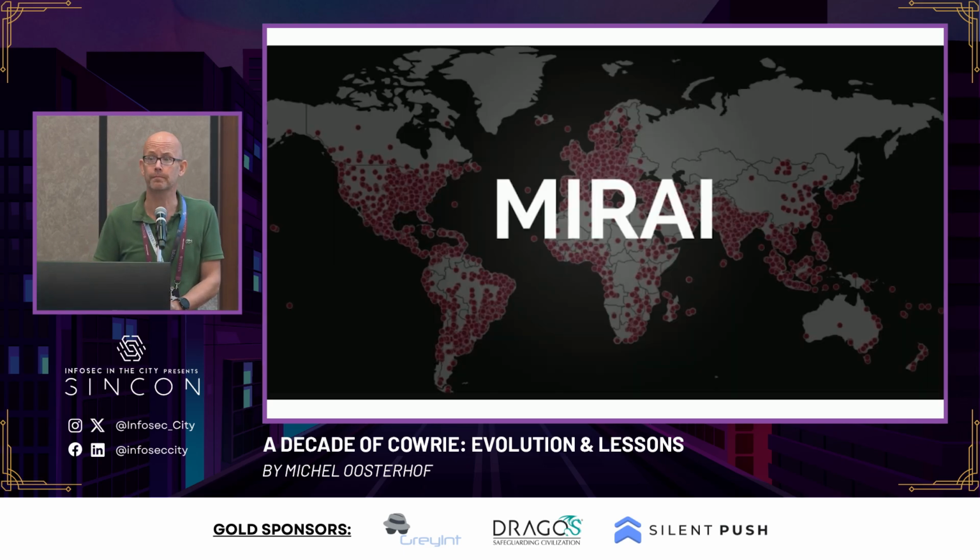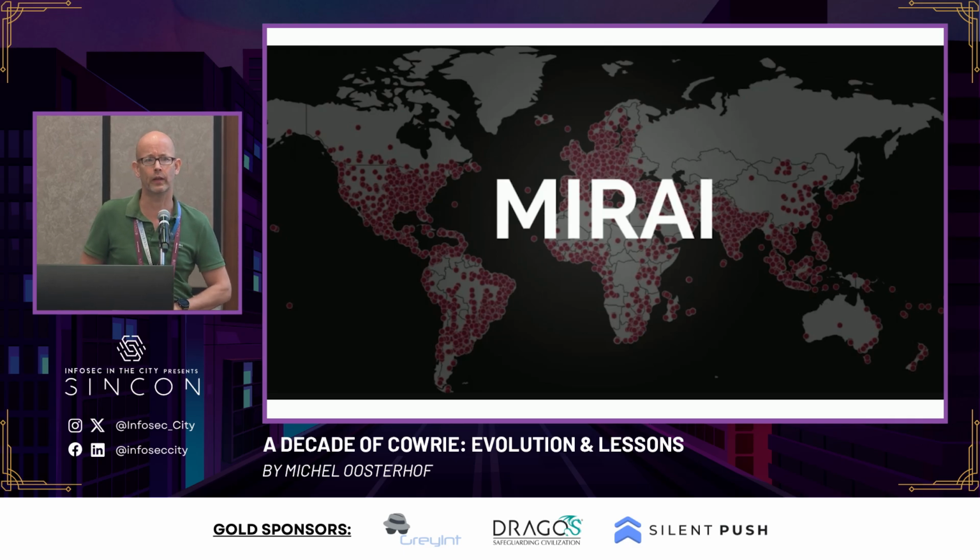Now, who's heard of Mirai? Oh, okay, good. So Mirai was big in 2019 or something, 2018. This was a piece of malware that was self-propagating. It would go on the internet and try to scan other systems and then replicate itself. It's a bit like a worm, almost. And it was originally written as a bit of DDoS software. Once it compromised all those systems, it would then be used to DDoS,